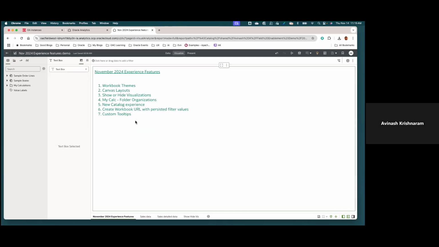We also added the folder experience for My Calcs, again, a popular Idea Lab request for quite some time, and I'm in fact delighted for this particular feature. The experience is pretty simple, but a high-value feature for our authors. Add as many folders and subfolders as you can in the data element tree in the left-hand side panel, and then use a drag and drop experience to organize your calcs within folders. With the March update, we'll also provide the A to Z and Z to A alphabetical sorting options. But with the November update, you can start using the custom drag and drop experience.